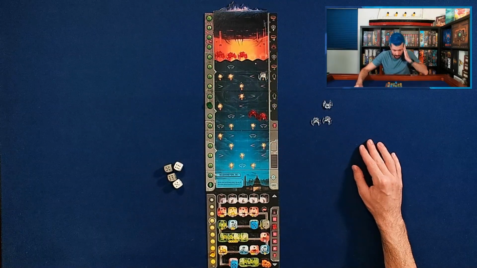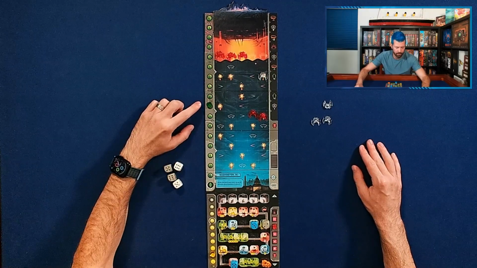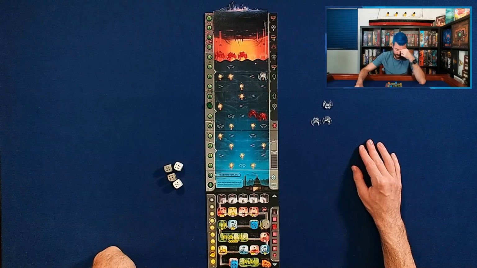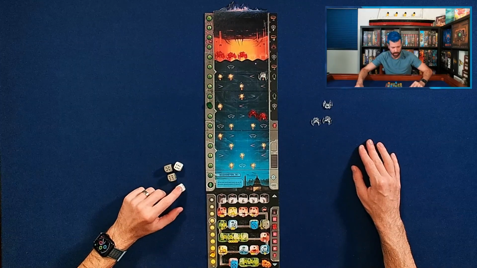Okay, now all that's left is big numbers. A 5 would line up a shot on the left. But a 6 on the left in a research space would be way better. No, I think I want to reroll. I don't like these numbers. I don't see anywhere that...